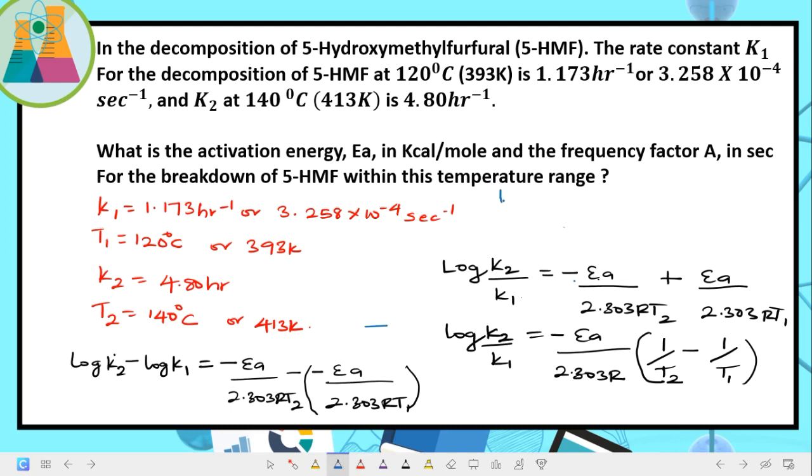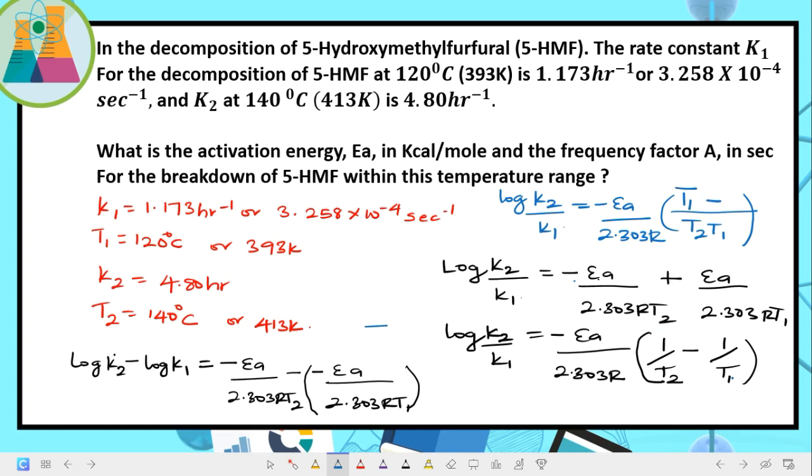log K2 all over K1 is equal to minus EA all over 2.303 R, bracket. What is the LCM of T2 and T1? It is T2 T1, all over bracket T2 T1 divided by T2. What will be left here? To be left with T1. T1 times 1 will give us T1